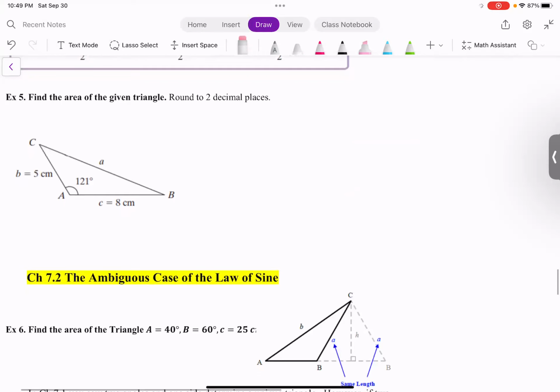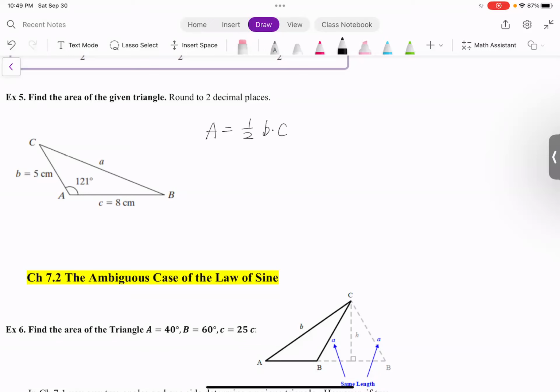So find the area of the given triangle. We know the b, okay, this b. And I know a c. So I also know the angle between these two sides. That means I can use the formula area equals 1/2